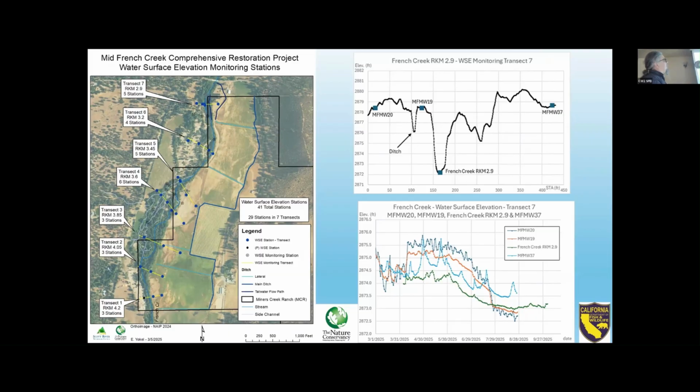So we wanted to know where the water surface, the groundwater table, was there. So we established a series of transects. And here's a LiDAR representation of the topography of one transect. And here's some data. But having that empirical data, again, really helps the designers design things with